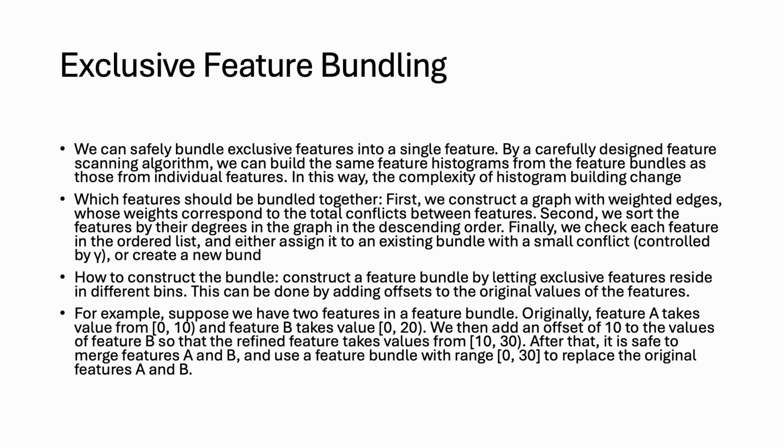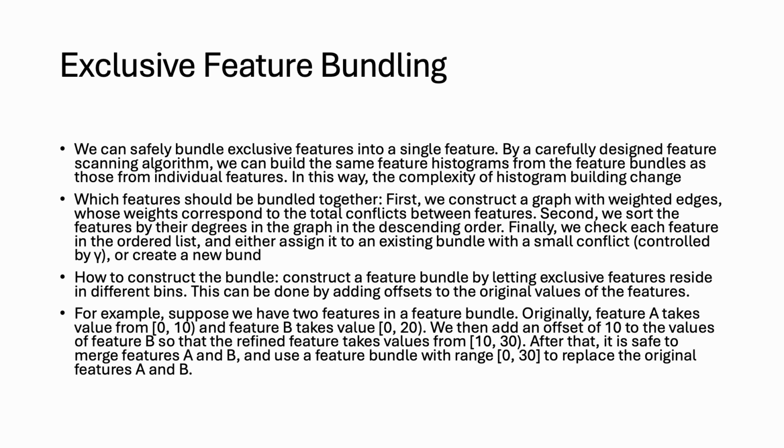By carefully designing the feature scanning algorithm, we can build the feature histograms from the feature bundles as those from individual features. And in this way, the complexity of histogram building changes, and we have to consider two important